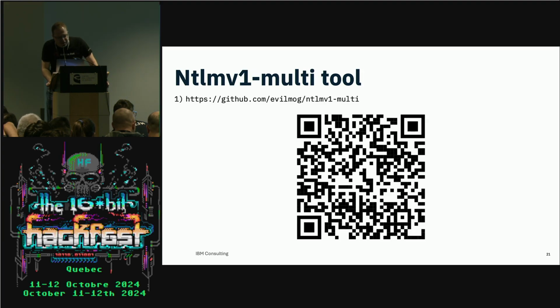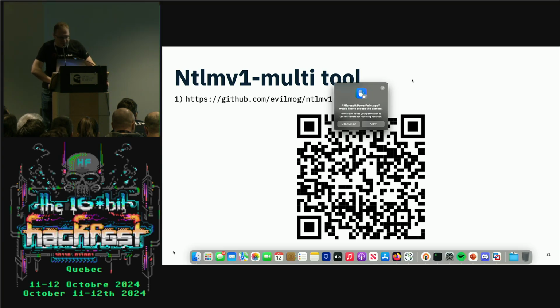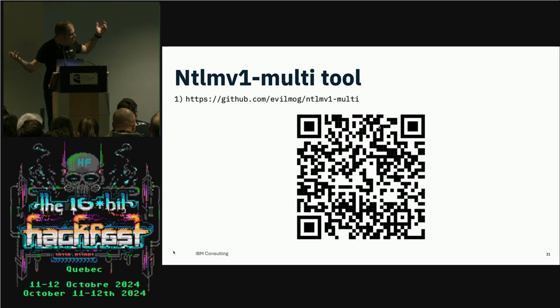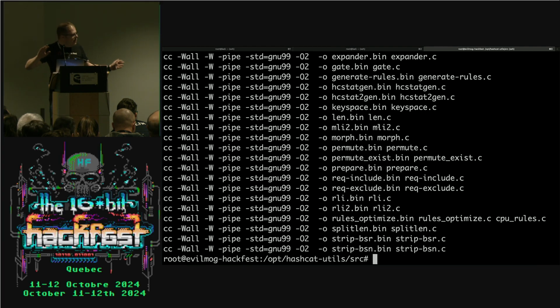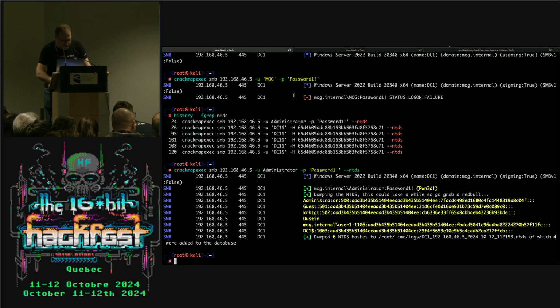Oh yeah, so the tool I'm about to demonstrate, the NTLM version 1 multi-tool, is a tool for reformatting NTLM hashes to go crack with hashcat, and I'm going to demo it here in about now. So on that note, in the slideshow, I love it when that part comes up, which means now we get to do the fun stuff. Mirror displays. I swear I practiced this, but you know, computers are hard.